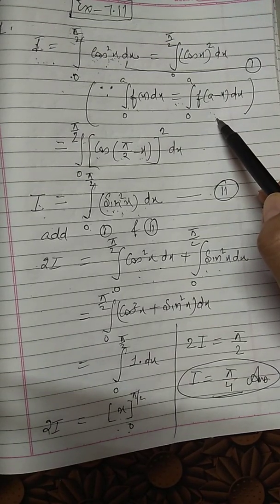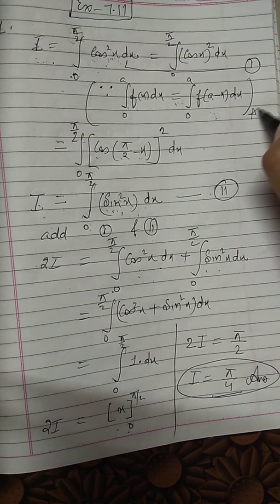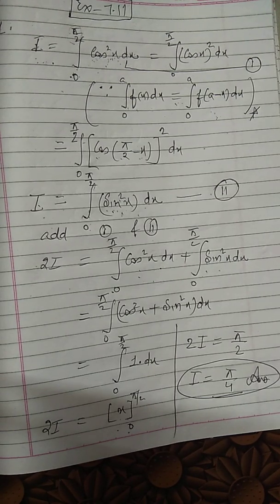Okay, we have to write down which property we are applying, so that is an important thing. We are using this property: the integral from 0 to a of f(x) dx equals the integral from 0 to a of f(a minus x) dx. This is our first sum. In this exercise, sums number 2, 3 and 4 also have limits 0 to pi by 2. These are simple sums where we will apply this property straightforwardly and the integral becomes simple.